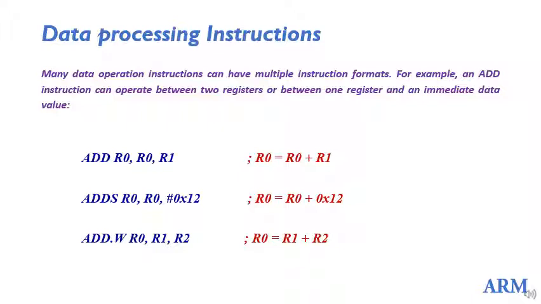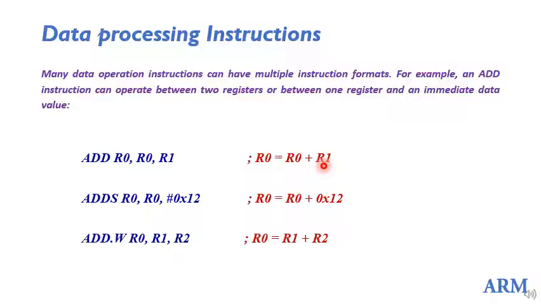For example, the simplest task you can think of in the data processing category is the add operation. The mnemonic for the add operation is ADD. It is self-explanatory, right? So here I have an example, that is ADD r0, r0, r1. Here the first operand is the destination and the next two operands are the sources which are to be added. So this instruction accounts for r0 equal to r0 plus r1.